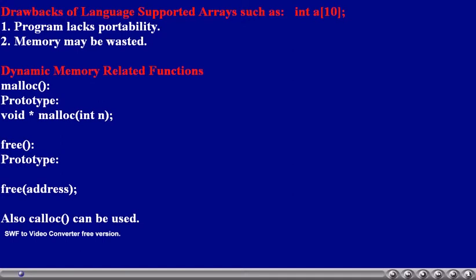The main drawback of this style of array creation is that one way our program lacks flexibility. The other way our program may waste memory.